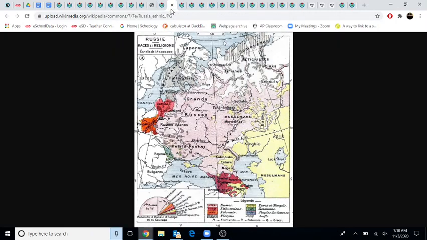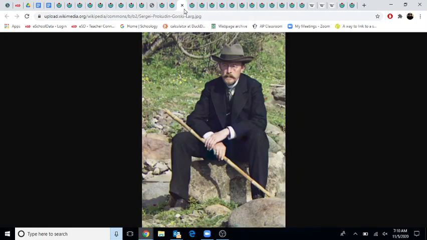Russia's got a similar issue. The Russian Empire is full of non-Russians, and I can illustrate this with some really awesome color photos. These are color photos from 115 years ago, made by this guy, Sergei Prokudin-Gorsky, a Russian nobleman who invented his own method of doing color photography, and it is amazing, and it doesn't fade over time. Very complex. You had to be a rich nobleman to do this, but this guy went around the Russian Empire taking pictures of the people there, and you can just see the massive diversity.